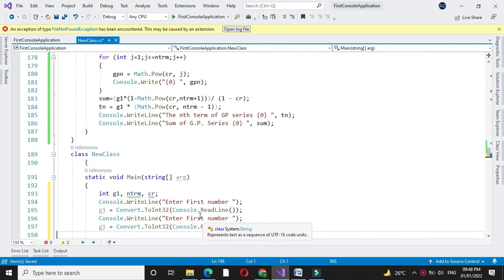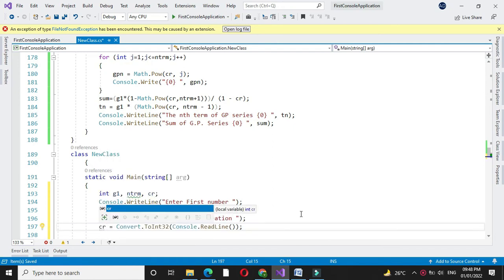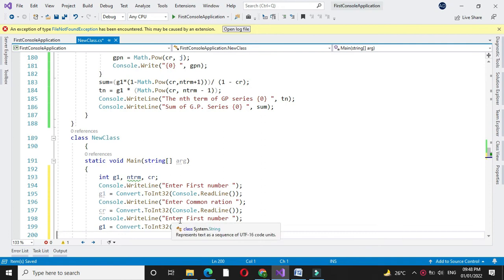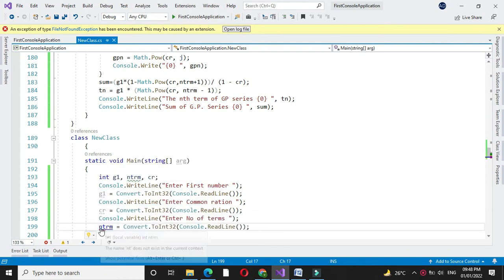Then we will accept the common ratio. In Cr we will accept it, and then we will accept the number of terms. In NTRM we will accept it.